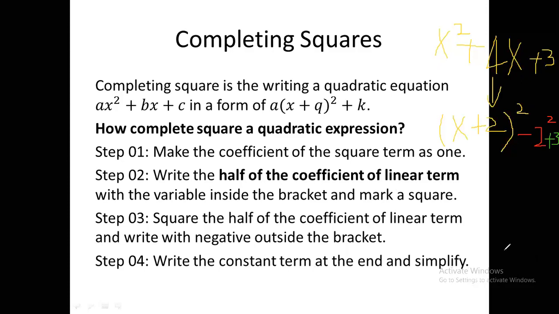Right, this. Then simplify. Then how do you get it? If I just write it back, your answer turns into (x plus 2) all squared minus 4 plus 3. Right. Then what can you say? This is (x plus 2) all squared, minus 4 plus 3 is minus 1. That is how you need to obtain the answer for this question.